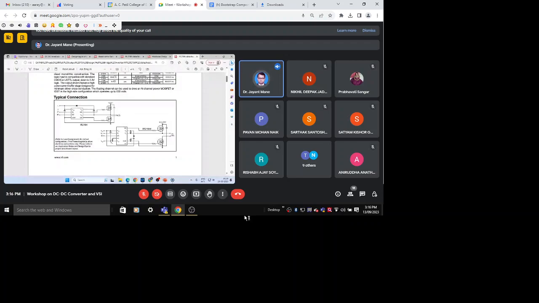If this SD bar signal is high, then the inverter output is blocked. If this is high, then the output of